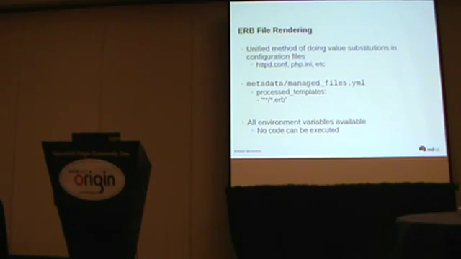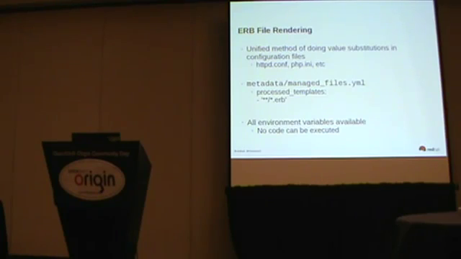So when we did V2, what we did was we settled on ERB processing, because we're a Ruby stack, so that made sense. And in the managed files, you can have a section there that's an array of templates that will walk through your code looking for these files and do substitutions, ERB processing on them. So if the file is named .erb, we'll process it, and then we'll promptly delete the ERB and leave the rendered file there. Where we use this a lot in our own cartridges is HTTP conf,